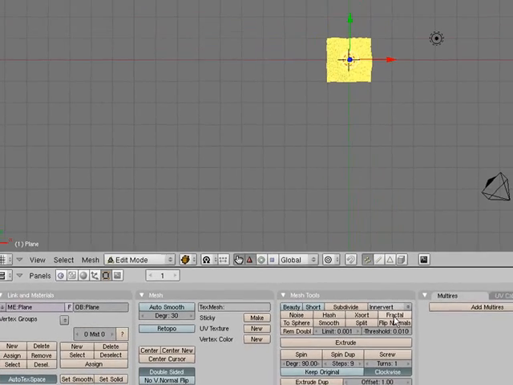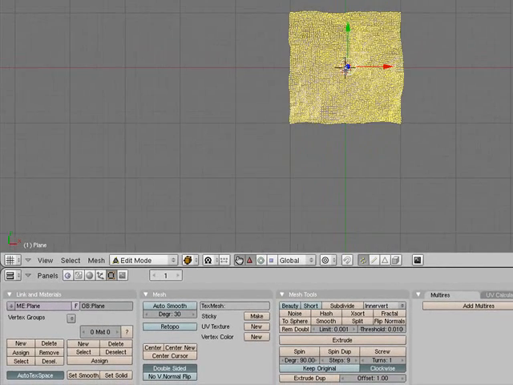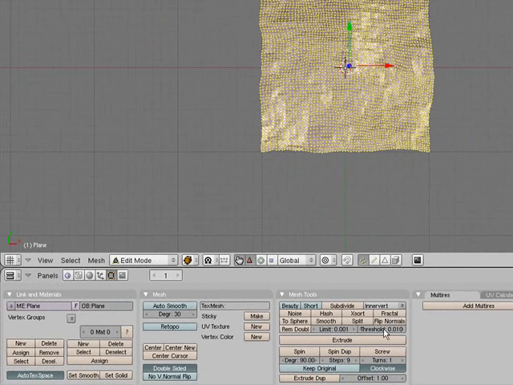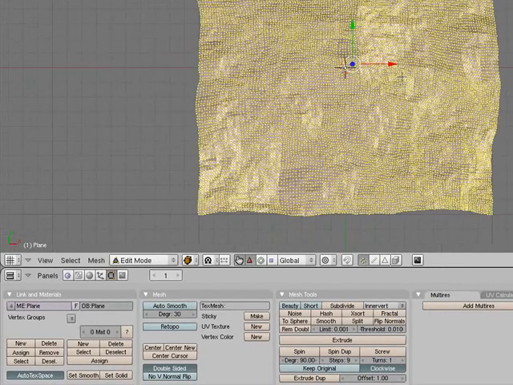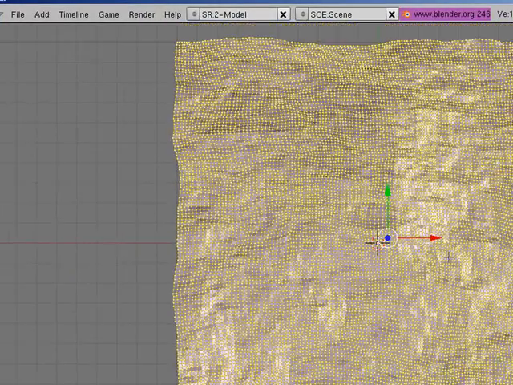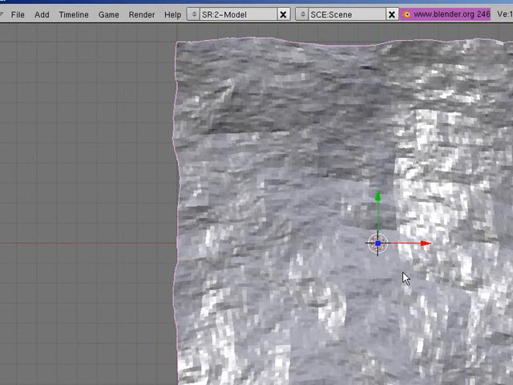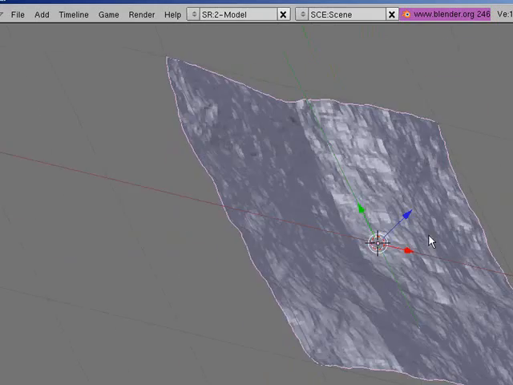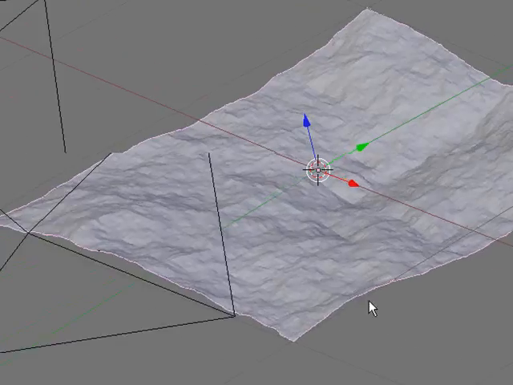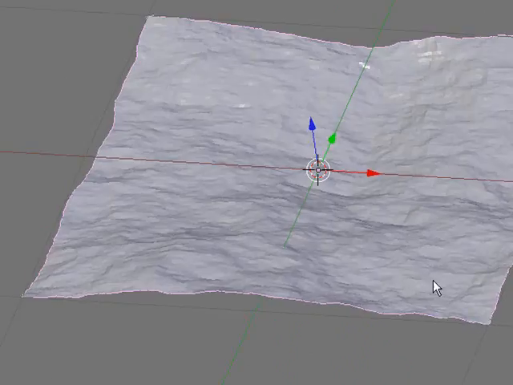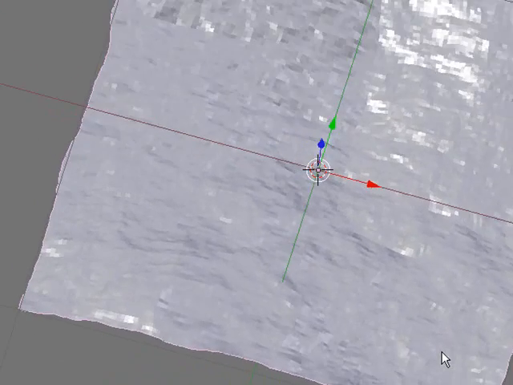Say about 6 or 7 times, depending on how detailed you want to go into your terrain or how big it's going to be. You can scale up the plane if you want, but generally there isn't really a set scale in Blender, so you just leave it however you want. Mine kind of looks like a lake or something at the moment, so I might go with that sort of